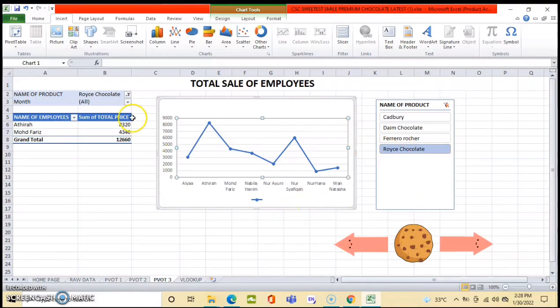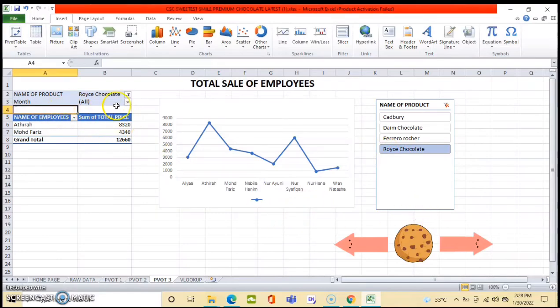This chart and table are interrelated, and they show the relationship between the names of the employees involved.